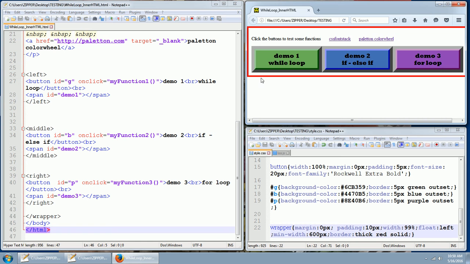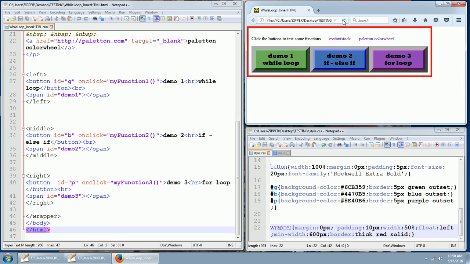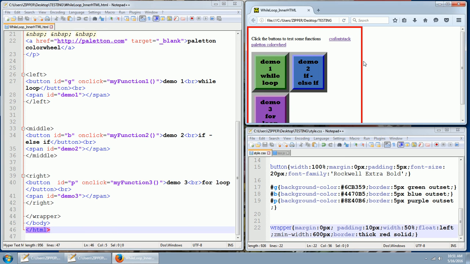When I gave it this red border, you can see that everything is nested inside of that wrapper. If I were to take my wrapper, instead of giving it a width of 99%, if I were to give it a width of 50%, you can see what will happen. But it's only going to go as far as, since this has a minimum width of 600, I guess it's not going to go any smaller. But if I X the minimum width of 600 out and save it, then you can see this is what